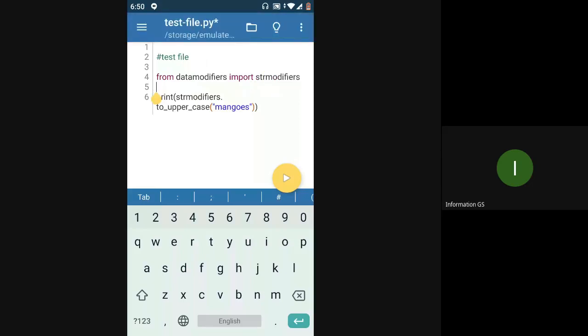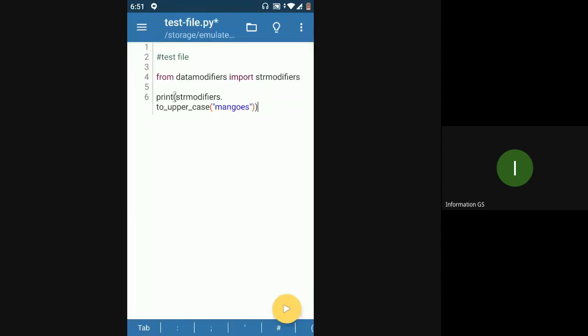This is my file wherein I am using the module str modifiers from the package data modifiers, using one function that is defined inside str modifiers. I just run this and you have mangoes all written in caps.